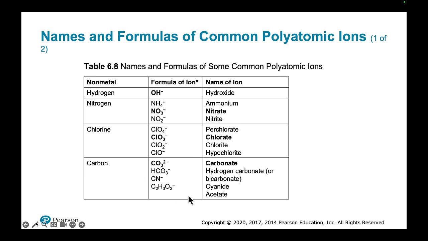For the carbon-based ones, CO3 2 minus is carbonate. HCO3 minus is bicarbonate or hydrogen carbonate. This is going to be another important one. CN minus is cyanide. You'll want to learn that one as well. And C2H3O2 minus is acetate. You might see this as